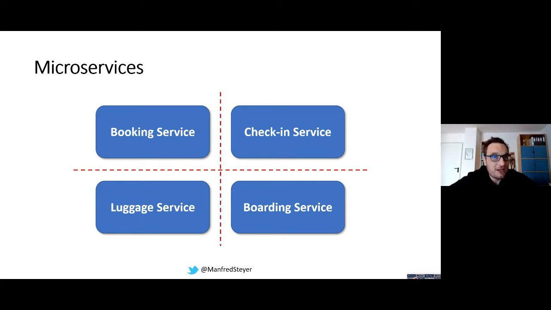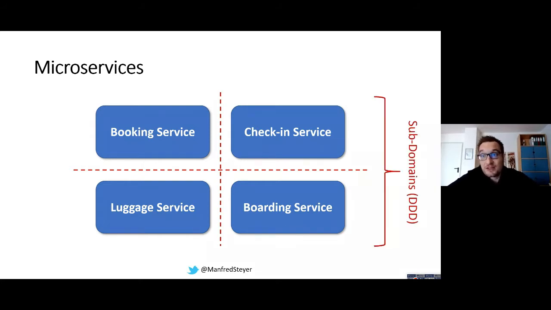They are really isolated from each other. And because they are isolated from each other, you can assign individual teams to them. In terms of domain-driven design, which is quite an old but still a valid methodology, those microservices are called subdomains. A subdomain is just a part of your business which doesn't need to know much about other teams. And so you can create own services, own applications for those parts.